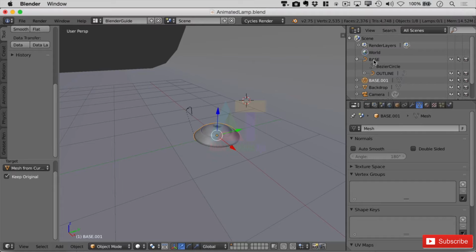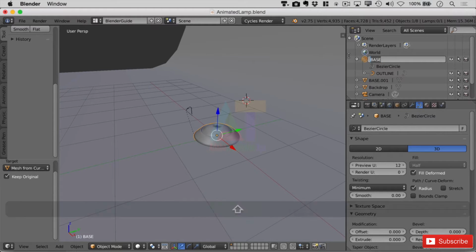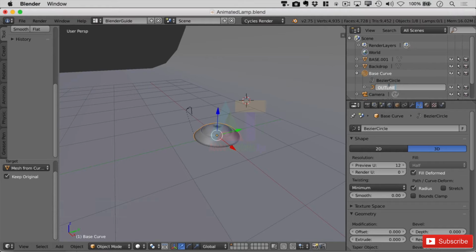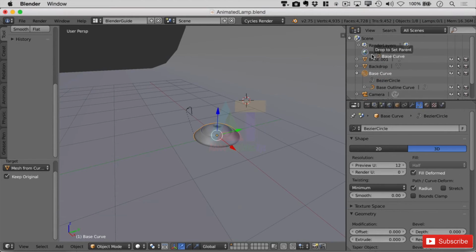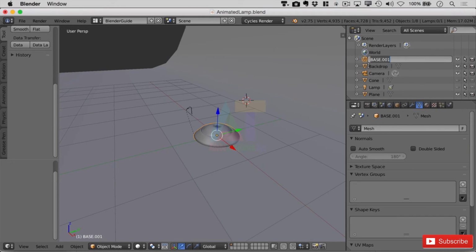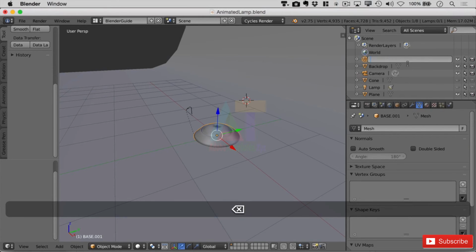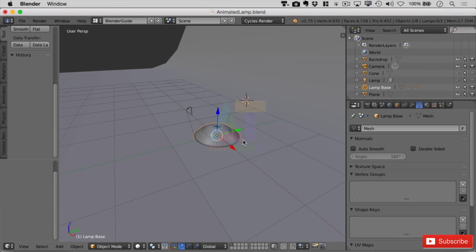So the final thing to do here is just name these things appropriately. So I'm going to call this base curve, and I will call this one here base outline curve. I think that's an appropriate name to call it. And finally, I'm going to nest this under the mesh object itself, just so it keeps it nice and tidy on our hierarchy here. We'll probably do a bit more tidying later on. I'm just going to call this lamp base, I think. Lamp base. It's a very descriptive name for it, and we will hop now into edit mode on the lamp base itself